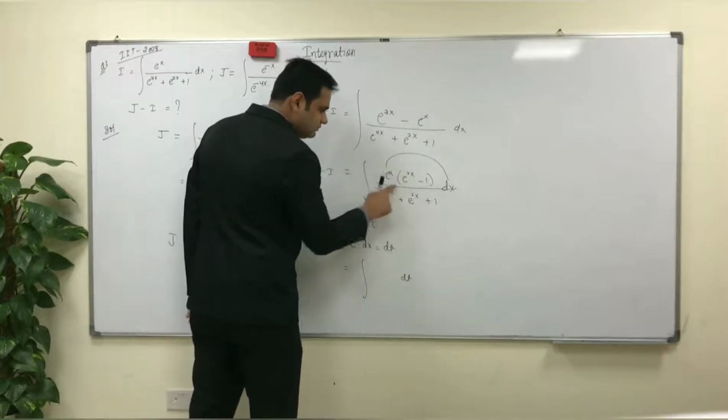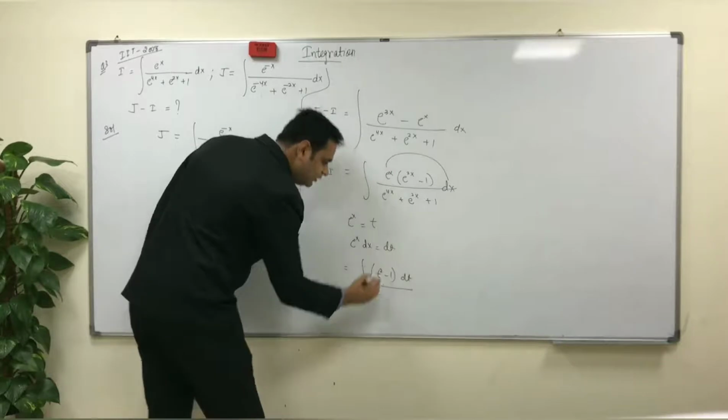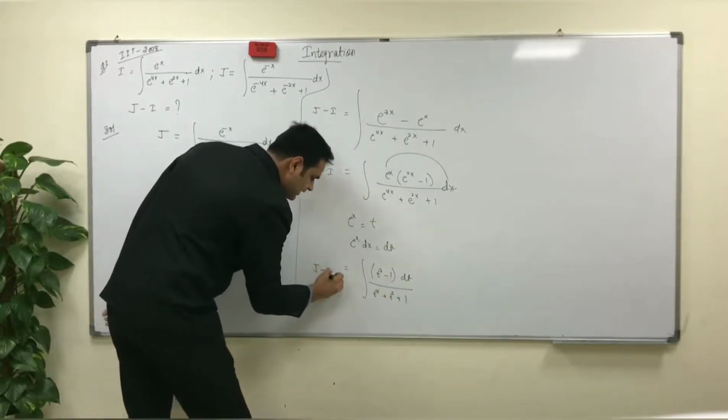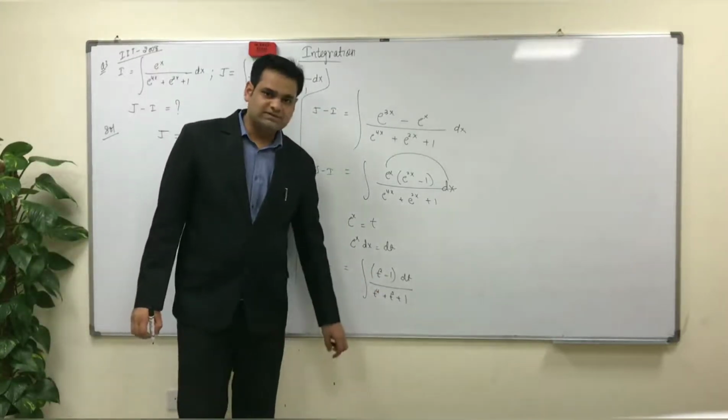This will become t square minus 1, and it will become t to the power 4 plus t square plus 1. That is J minus I. Now if you remember, this t square minus 1 upon t to the power 4 plus t square plus 1,